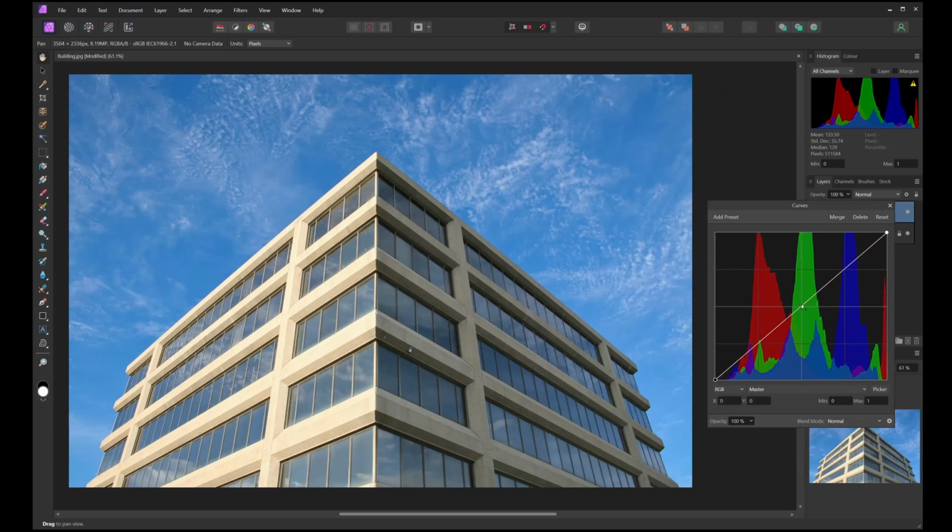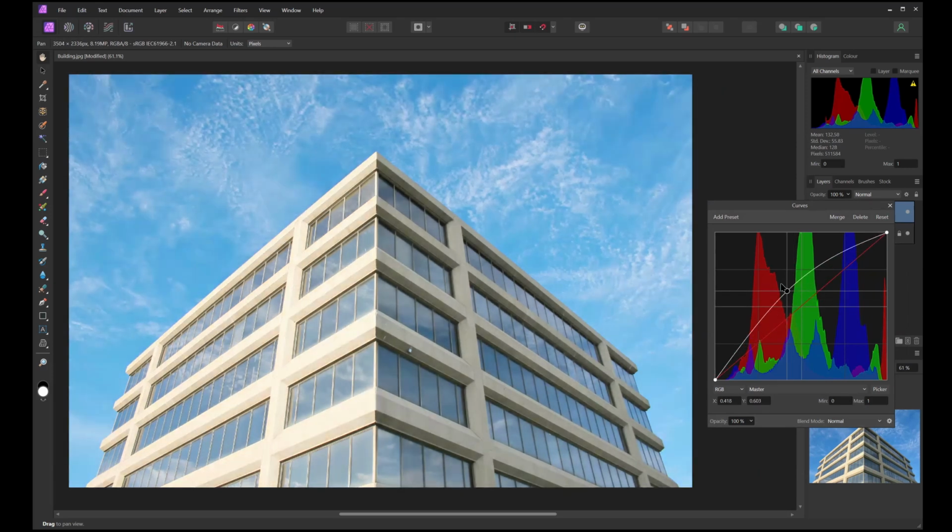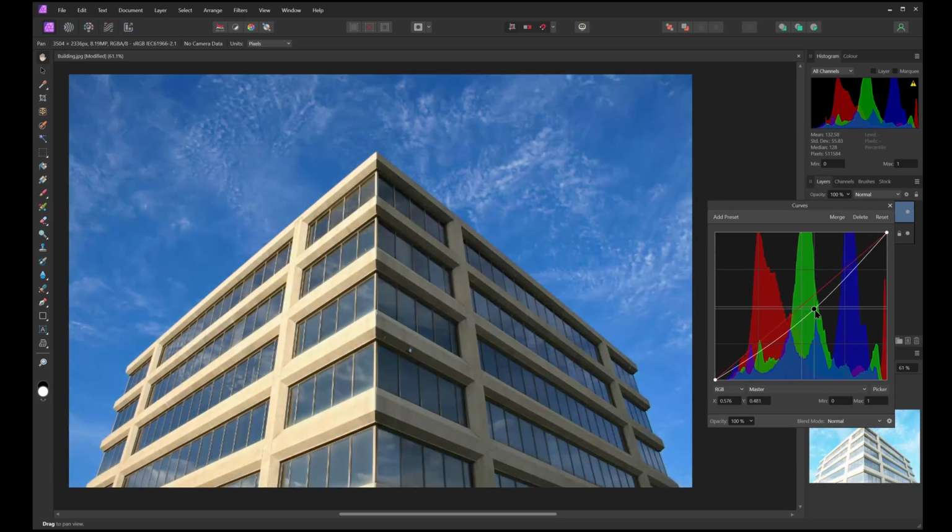If I click somewhere on the line, you'll see the cursor change. Oh, Control Z. Hang on. You'll see my cursor change to a smaller cursor with a little plus. Click, and I can move this curve. That's why it's called curves. So if I bring this down,